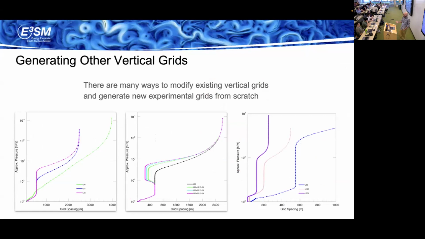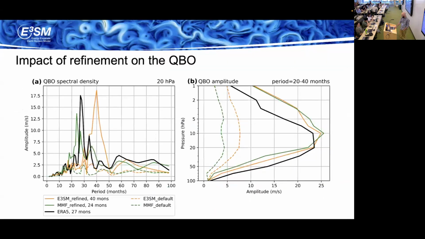But recently I've also talked about this idea about the limitation of the QBO here, where it doesn't propagate down far enough, might be due to the fact that the tropopause is too high and the stability in this area is a bit too high. But that doesn't really explain why it starts out too strong above. So yeah, I think it's more complicated than that.